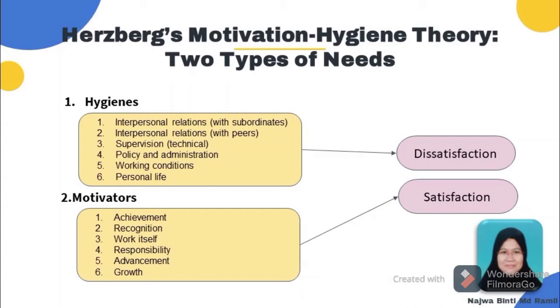Eliminating dissatisfaction is only one half of the task of 2-factor theory. The other half would be to increase satisfaction in the workplace. This can be done by improving on motivating factors, which are growth, advancement, responsibility, the work itself, recognition, and achievement. Motivation factors are needed to motivate an employee to higher performance.